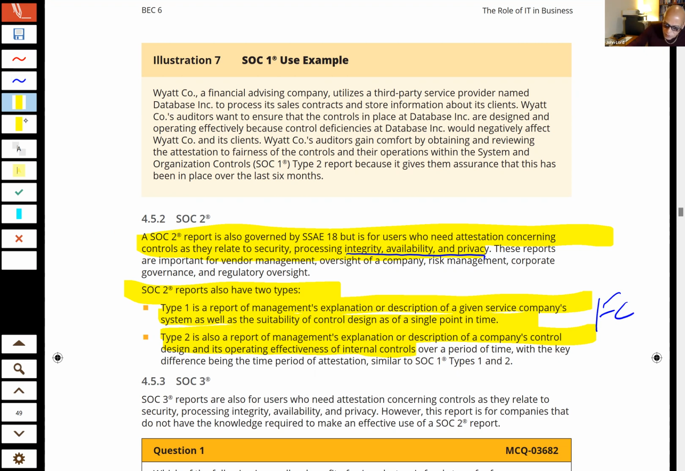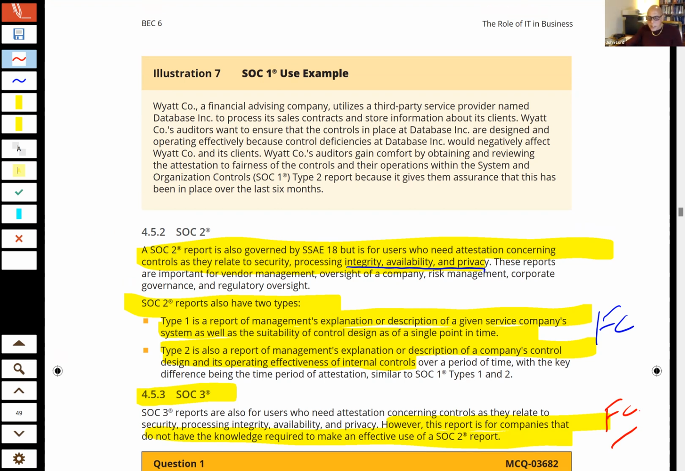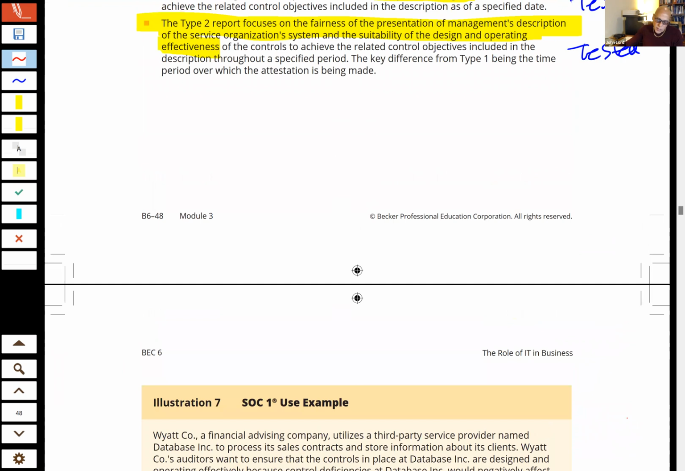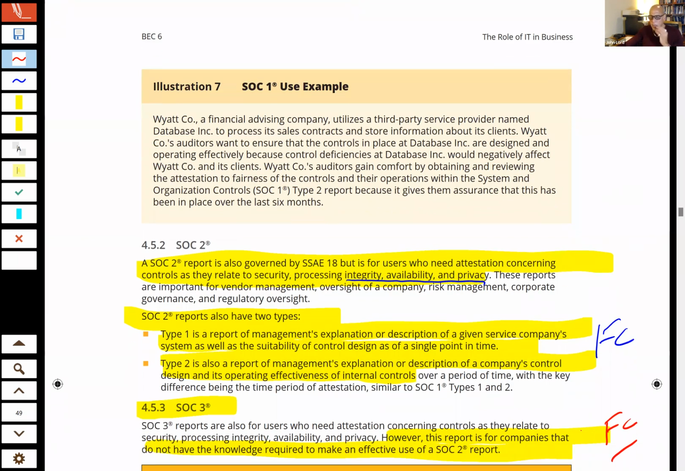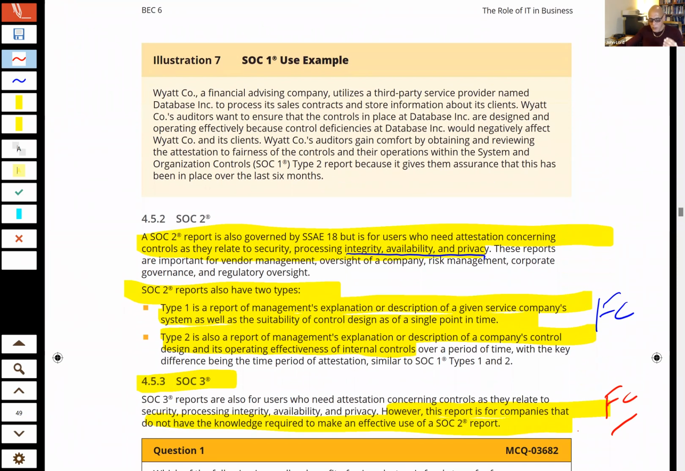And then maybe if we don't have as much sophistication, we would use an SOC3 report, and that's going to provide us much more explanation as to what's going on with these, and we don't have the expertise to use an SOC2 report. So SOC1 really is a financial statement report. When we start getting into some of these issues we've been talking about, integrity, availability, processing of data, you know,